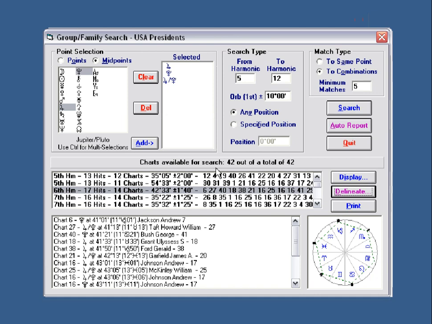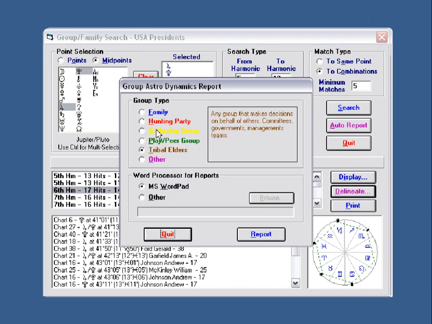What we're really looking at here is that Jigsaw contains hundreds of different types of reports you can print out, all coming off of this button. Every single midpoint I've delineated with a meaning for if it is a play group, tribal elders, a family, a gathering group, etc. Every midpoint has been delineated separately over 5 or 6 times. So there's a different delineation for a midpoint for family, hunting party, gathering, playgroup, tribal, and the other there is no delineation for. So every single midpoint has been delineated 5 times, as well as general text about harmonics, all